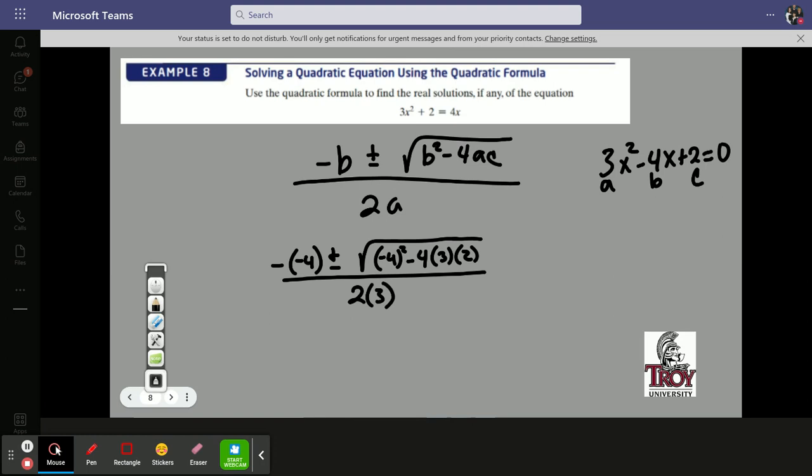Negative, negative 4. Plus or minus. Negative 4 squared is a 16 minus 24